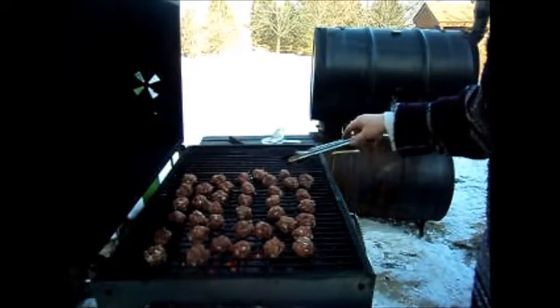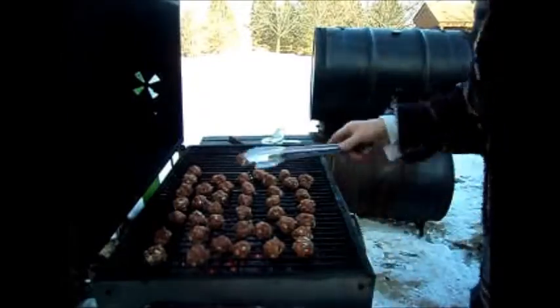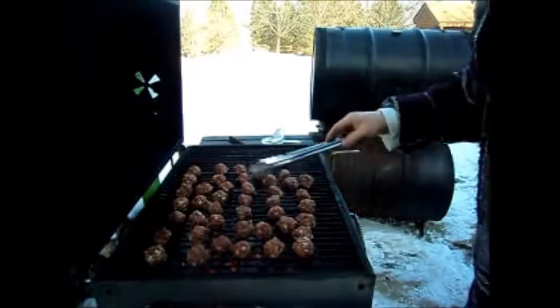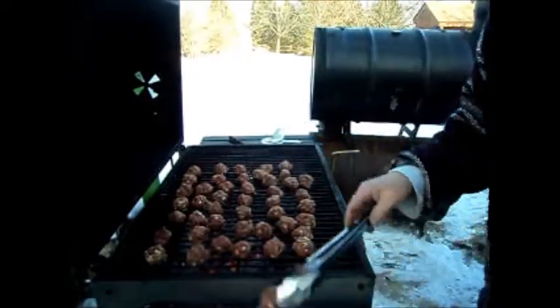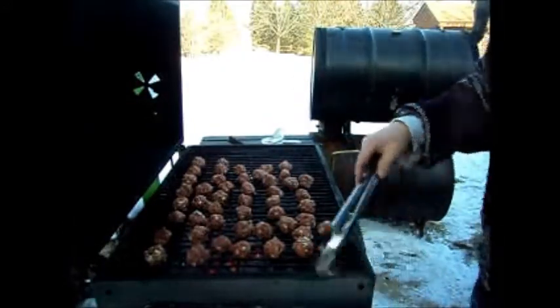Two types of cheeses in here. We have some smoked pepper jack, some Parmesan. It's going to be beautiful, man. It's going to be a great sandwich. Again, it's 1.25 inch diameter meatballs, approximately. And surprisingly enough,